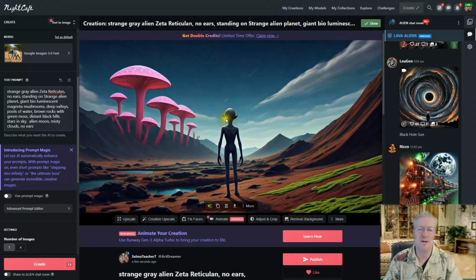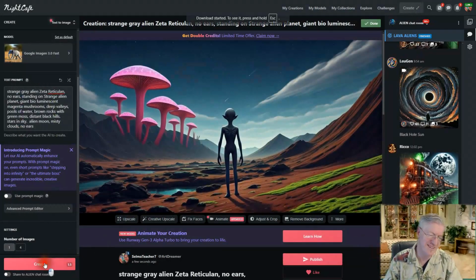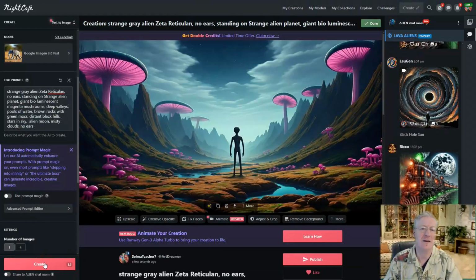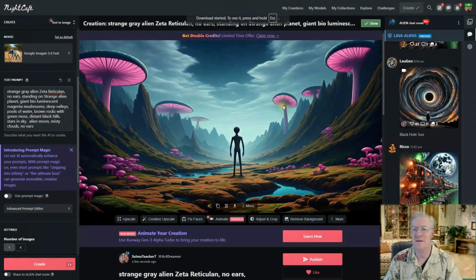This one also has little ears. A little bit different there. Ooh, look at that. There's like 2 comets there up in the sky. You can watch those. And let's download this one. I'm going to make one more and just see if it can give me one without ears. Hey, it did it. No ears. So here we're having an alien standing in the depths of this valley here. I like that one, so I'm going to download it. Alright.